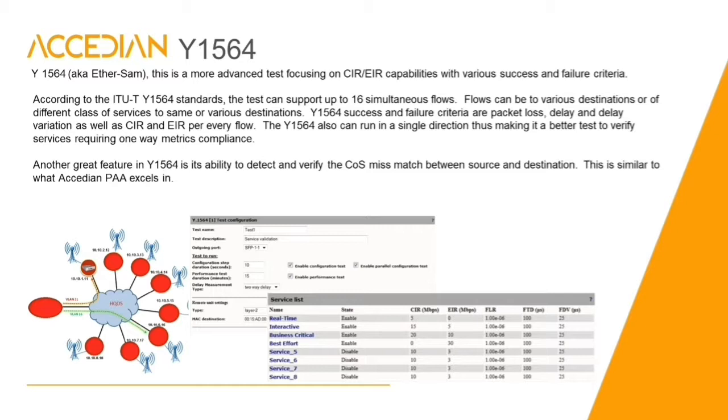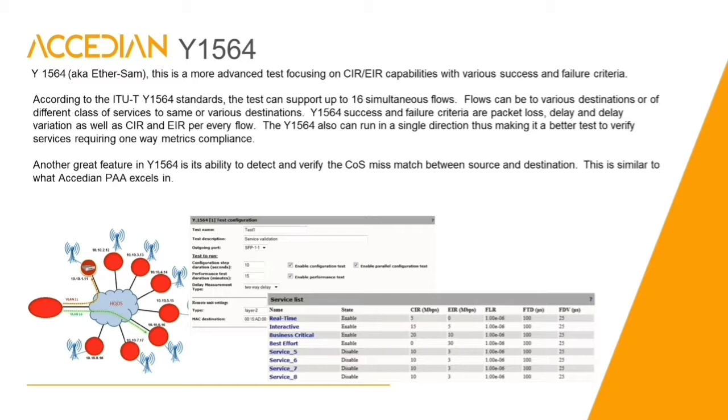Y1564 success and failure criteria are packet loss, delay, and delay variation, as well as CIR and EIR per every flow or service being tested. The Y1564 can also run in a single direction, thus making it a better test to verify services requiring one-way metrics